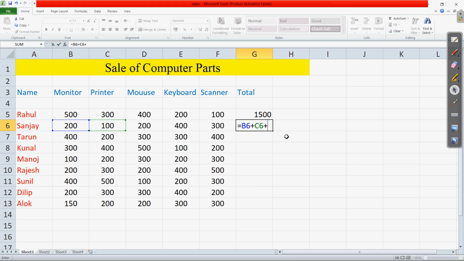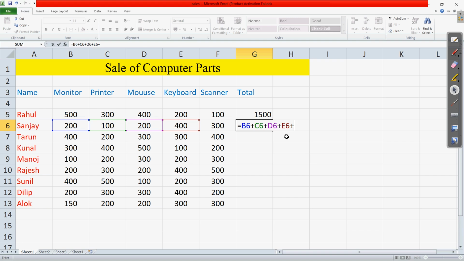We can also write the range. In the next example I will show you how to use a range. Next is D6, then keep on writing the plus symbol, and then E6. Okay, then F6.